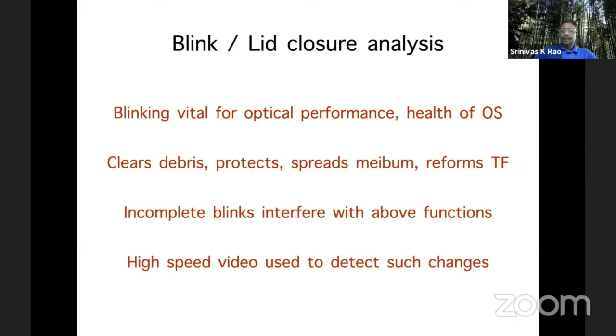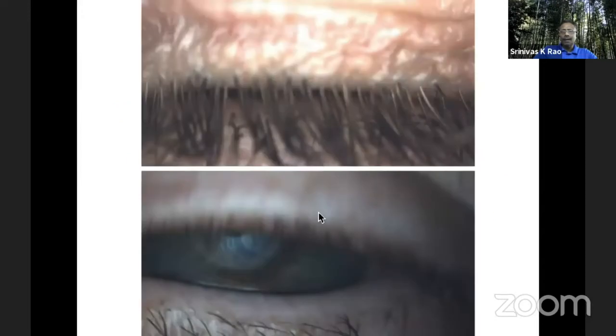The lid closure is extremely important, not just to spread the tears across the surface, but also to result in tear clearance, and so tear turnover can happen. And if there is a poor lid closure or a lagophthalmos, then there will be excessive drying and hurting of the ocular surface. And that again, these devices can pick up by taking high-speed video photography and looking at the completeness of the